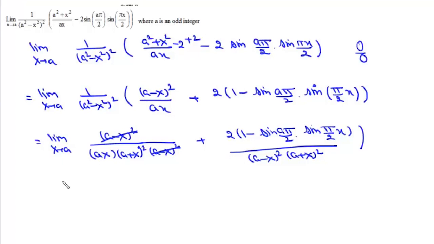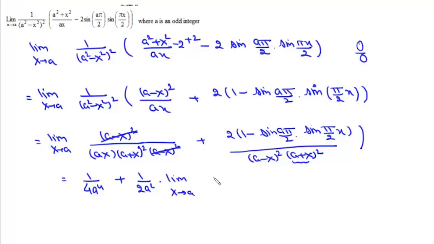plus 2a square. So there will be 1 upon 4a to the power 4 and plus, now here we don't have a problem with this a plus x. So it will be 2a whole square, so it will be 4a square. We'll cancel this 2 with 4. So we can write this as 1 by 2a square into this limit